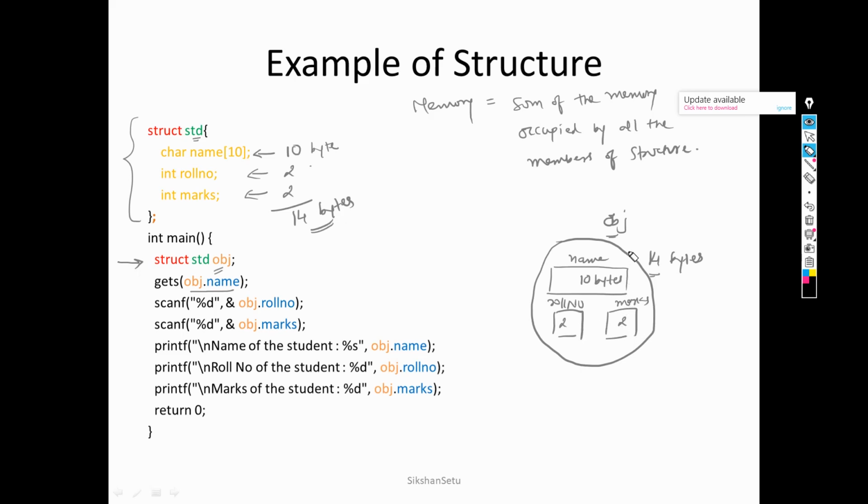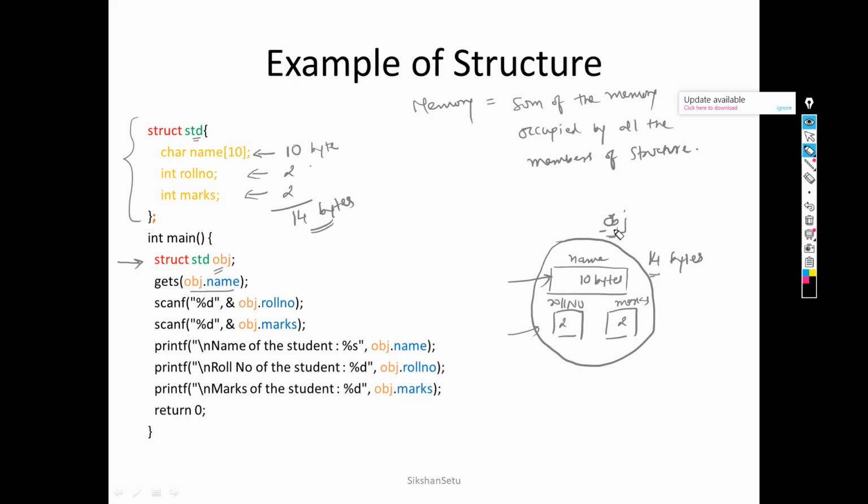Now whenever you are getting the value, you write obj dot name. So it will be referring to this obj first, and in obj there are three memory locations or three boxes, but it will access this one. Why this one? Because it is obj.name. When you access or store the value of roll number, it is obj.roll number. So it will be accessing this. Obj is this, but in obj it will be referring to roll number. So I hope you understood the concept of memory allocation of a structure and the object of that structure.